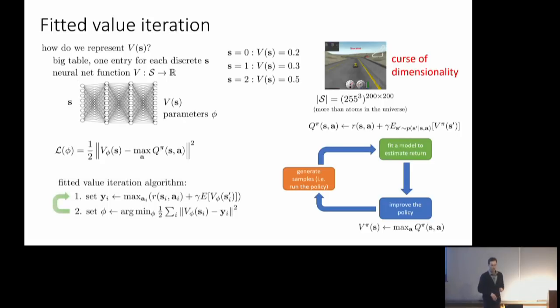So now our fitted value iteration algorithm will again have two steps. In step one, you're going to evaluate this max Q, and here I just plugged in the definition of Q to make it clear that it really depends on the previous value function. And in step two, you're going to compute the parameters phi that minimize this squared error. This is referred to as fitted value iteration. It's just like the value iteration we had before, only now instead of just assigning these values, we're going to regress onto them.